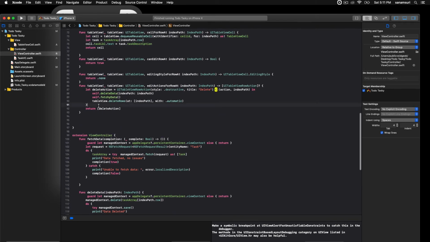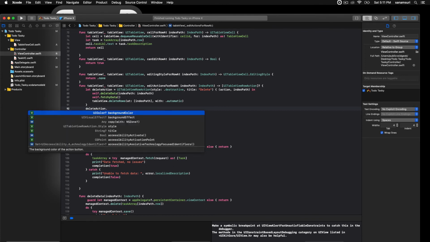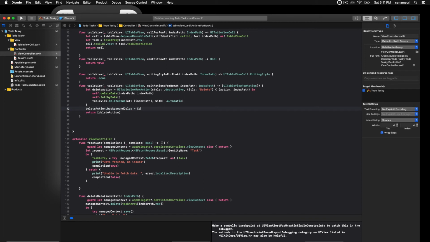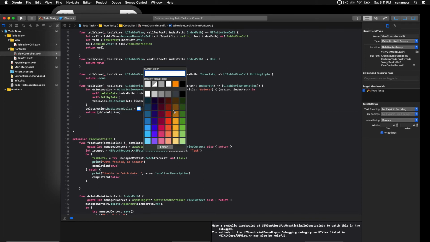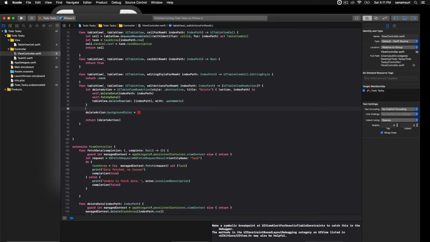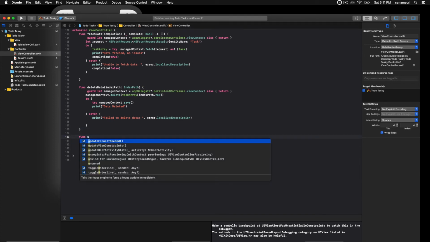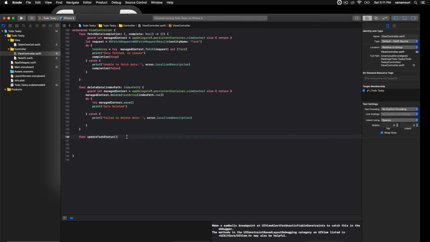Right. So we can do one more thing over here, which is we can say delete action dot background color is equal to color literal, and select a red color. Probably this one is okay, right? And then let's try to create one more, or let's not create the action first. Let's create the function which will be responsible to func update task status. Right, so this function will update the task status, and again the task status has to be updated on a particular index path. So let's create this right now, index path,